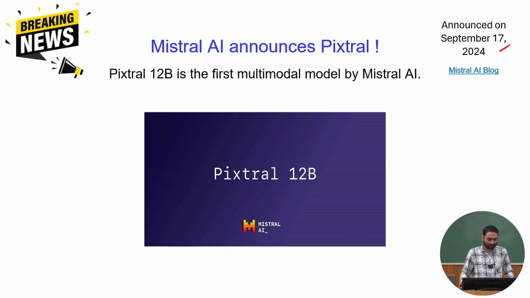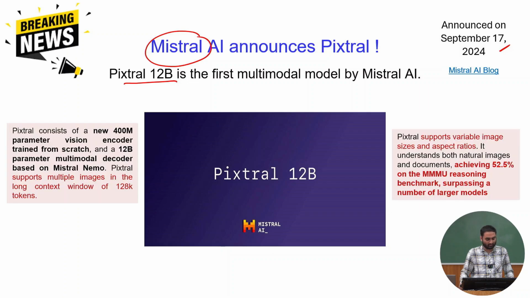But first thing first, today's breaking news is as follows. September 17, Mistral. I love this company because they always build small models, and I told you last time also that I'm in favor of building small models. So Mistral built their first multimodal model called Pixtral. This is a 12 billion model, which consists of a vision encoder with 400 million parameters and a decoder with 12 billion parameters, right?